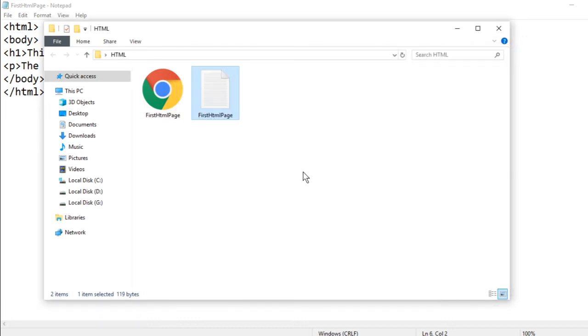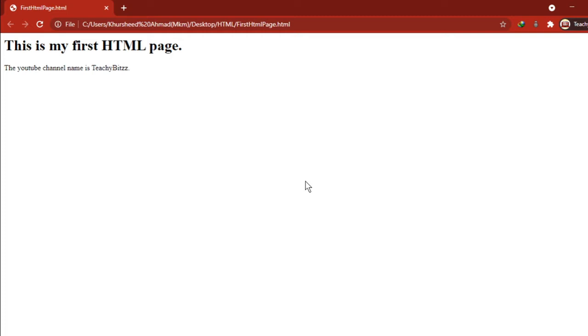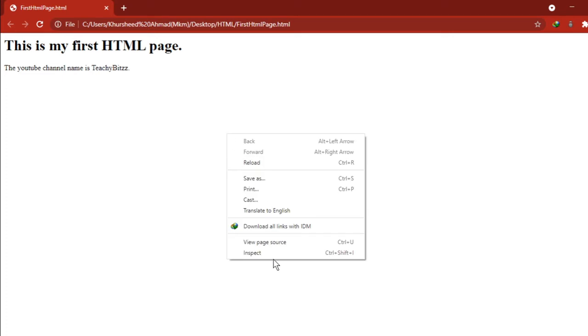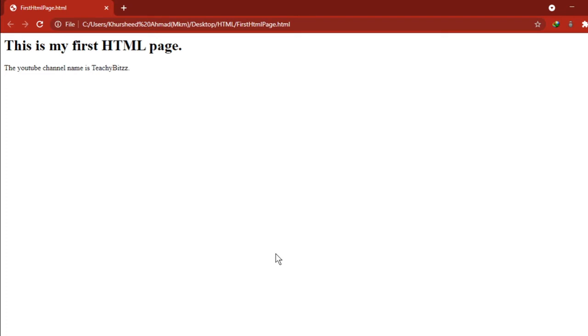But when we use the .html extension and click to open it, a browser opens, and here you can see our file name, first HTML page.html, and the heading tag which I have used. This is my first HTML page, and the paragraph tag, the YouTube channel name is Teachybits. Now when I right click and choose inspect,